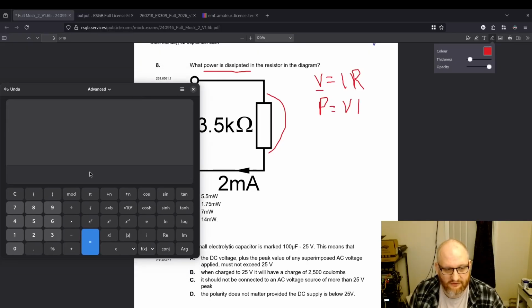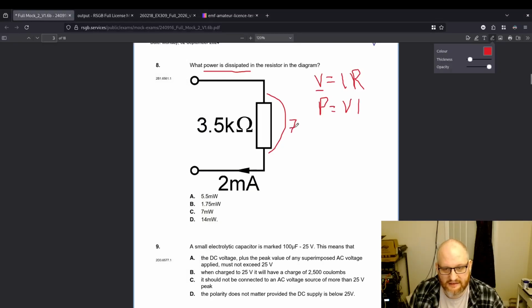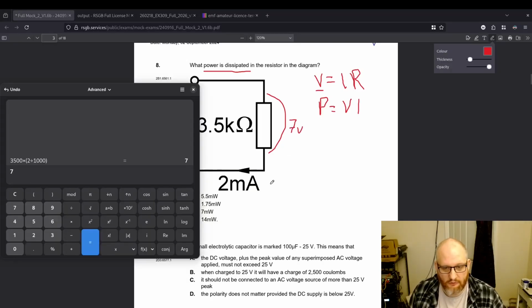We'll start by calculating V, and we can do that by doing 3.5k or 3,500 ohms, and we'll multiply that by 2 milliamps, which is just 2 divided by 1,000. And that gives us the value of 7. So our voltage here is 7 volts. Now, because we've got that voltage, we can multiply that by the current again, and that should give us the power dissipated. So we'll multiply that by 2 divided by 1,000, which gives us